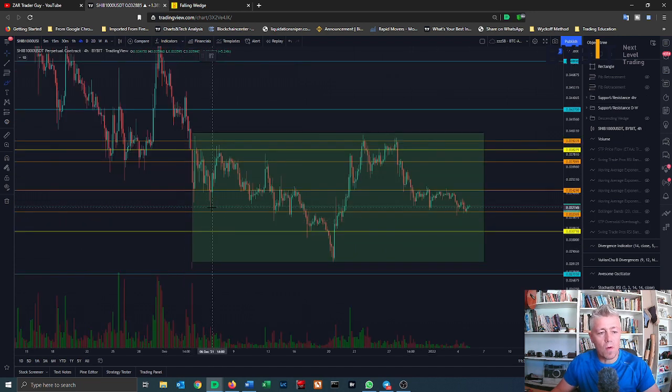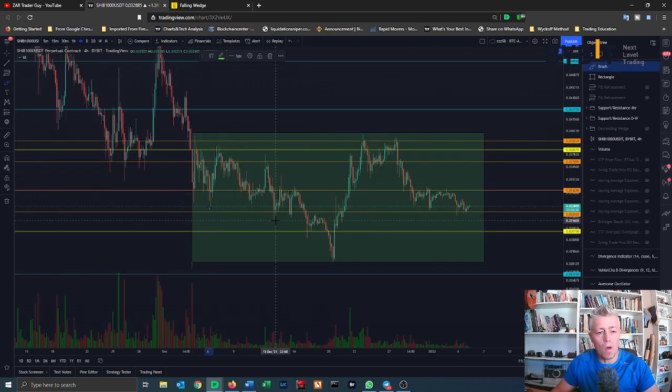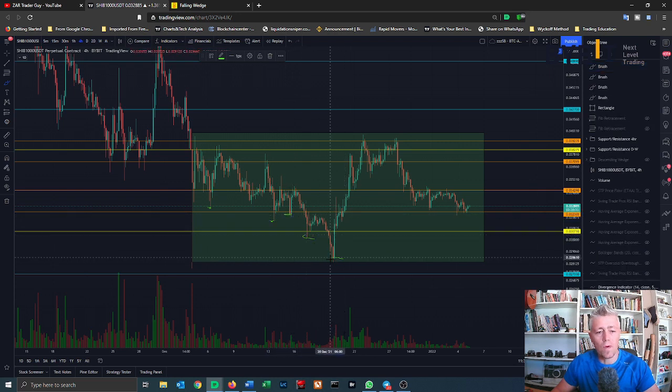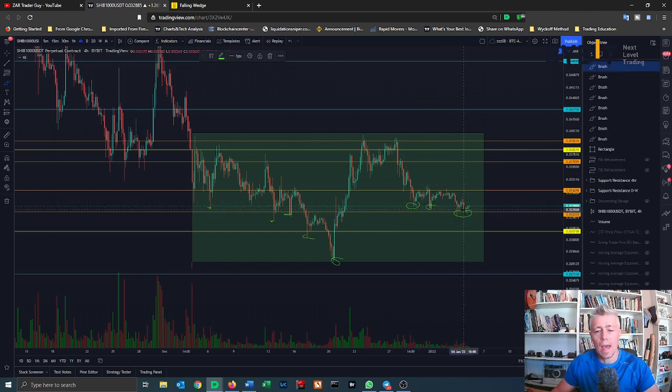Since the 4th of December we've seen price make a lower low, a higher low, lower low, and a very big lower low there. And since then we had a big move to the upside on the 20th of December, and we've printed a higher low, bit of a lower low, and we're currently at a lower low. So what I'd like to see Shiba do is break this resistance level at 0.034 and possibly get to the top of this box, this range, break through that and get to the